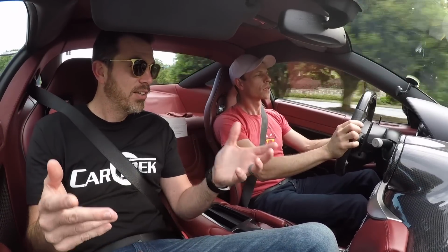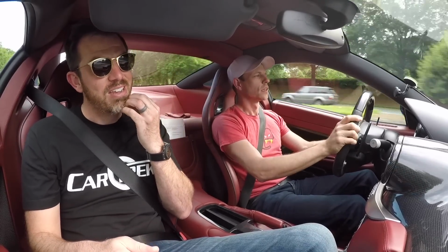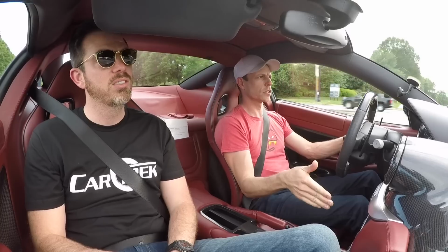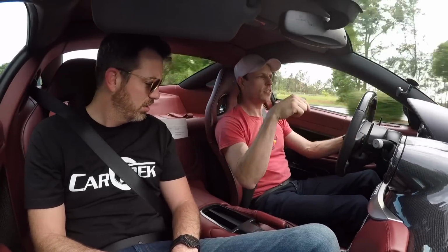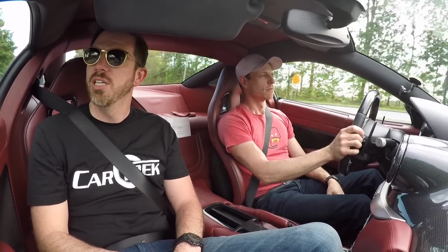Now, the other thing about this versus an Enzo is it has a better gearbox. Really? Yeah, so the Enzo uses what's... Does this have a transaxle or is it a transmission? Transaxle. Okay. I don't know if that's true. You may have to edit that down. Okay. The transmission's here somewhere. Yeah. So why is it better? Because it